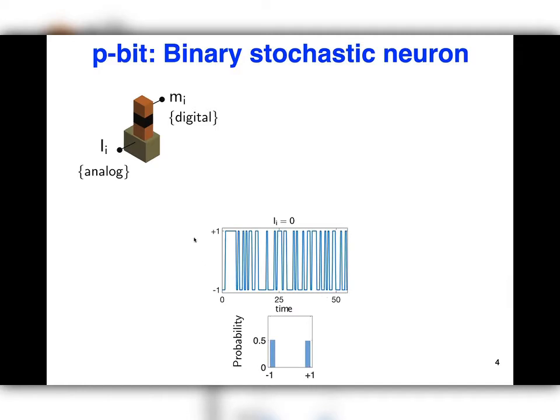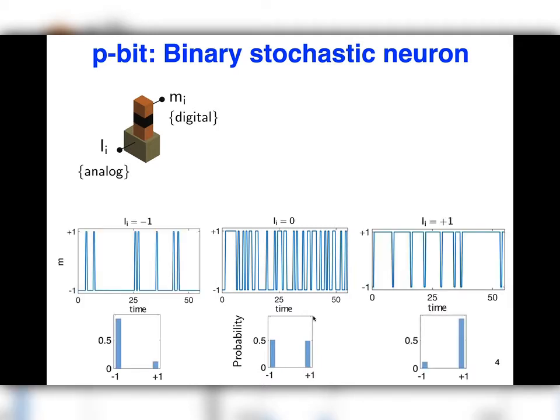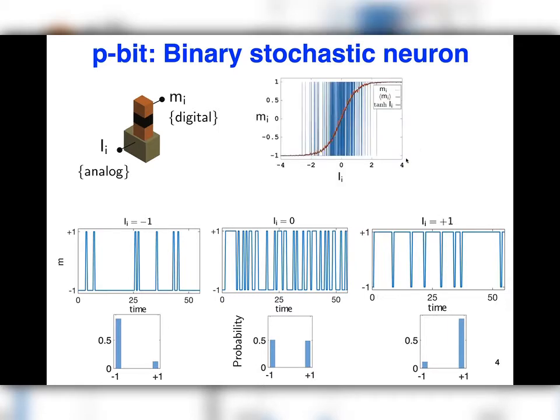So if the analog input is 0, you see these fluctuations between +1 and -1. And if you take a time average, you see that these +1s and -1s, despite being random, come in with the same probability. Now, the analog input controls this duty cycle. So at any point, you can change this analog input to change the probability of obtaining a +1 or a -1, or a 0 or 1. These are interchangeable. Now, if you swept this input in the background, then you would see something like the blue curve here, where we sweep the analog input, it's stuck to -1 in the beginning, and then it fluctuates, and then it gets stuck to +1, okay?